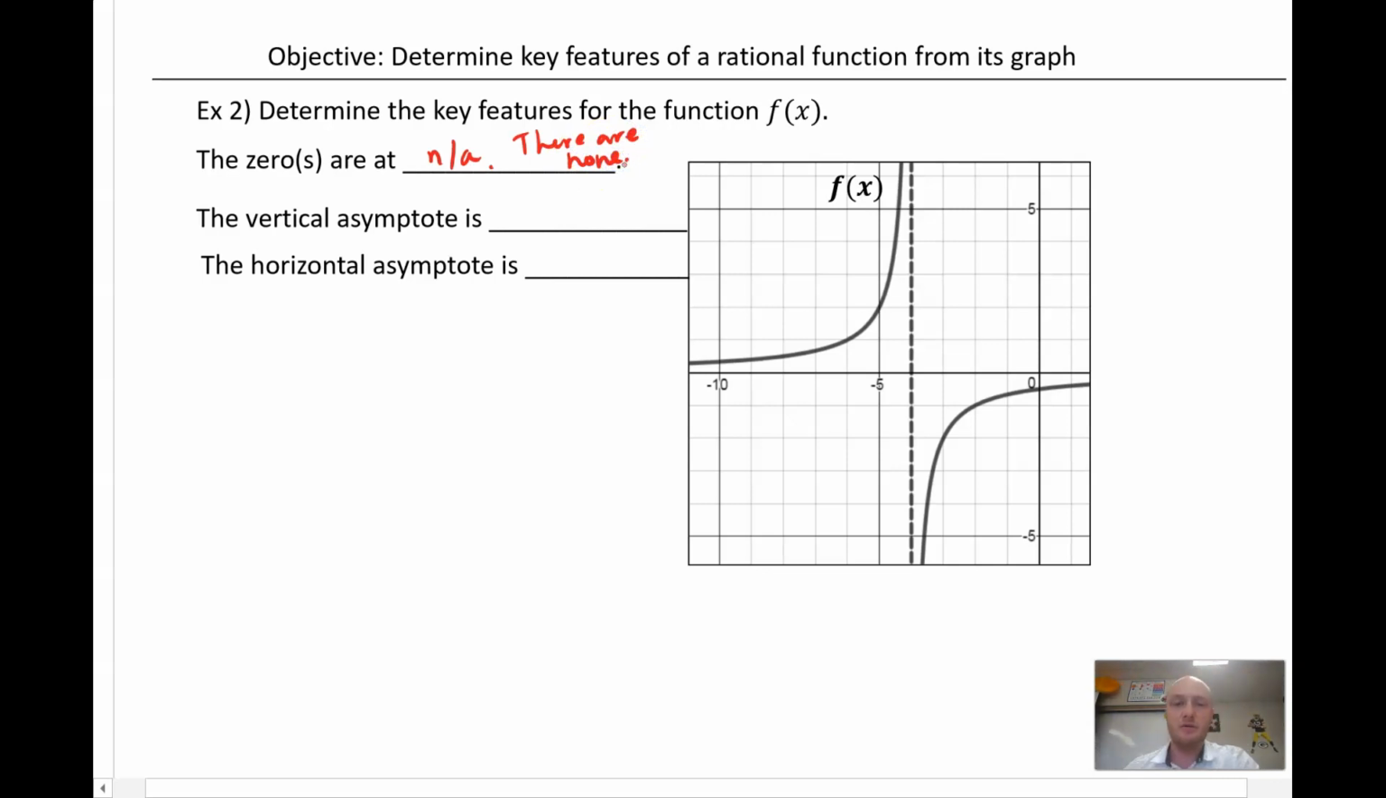You can say none, N-O-N-E, not N-U-N. Okay? Whatever floats your boat. Well, not whatever. Just make sure you say there's none. Okay. Next, vertical asymptote. Well, my vertical